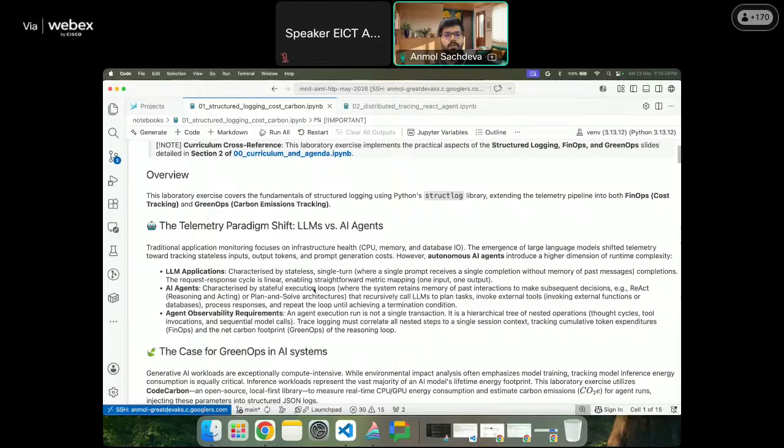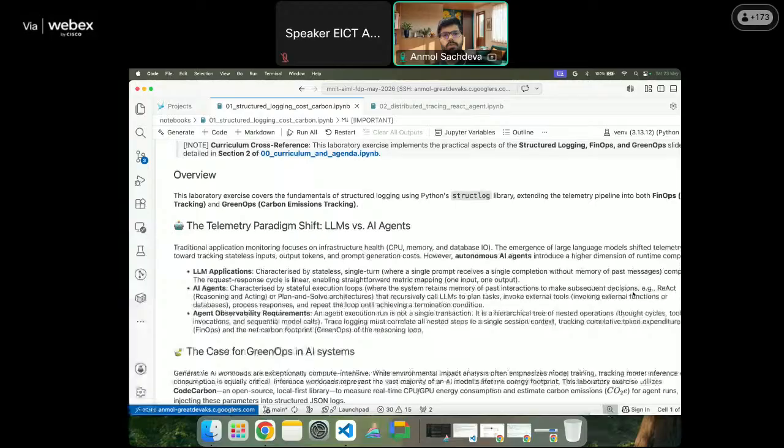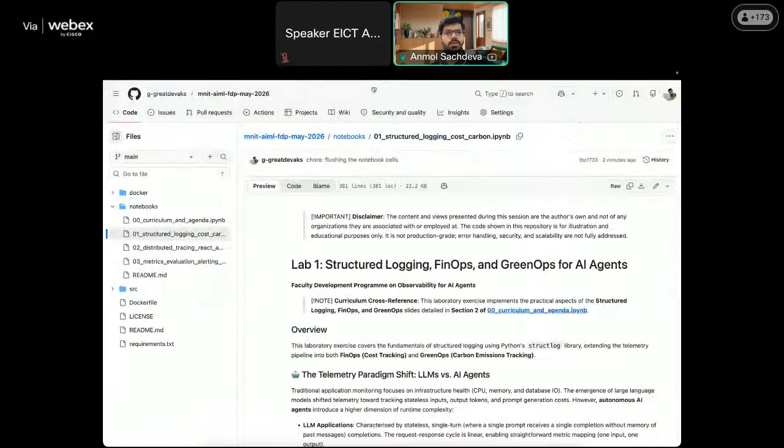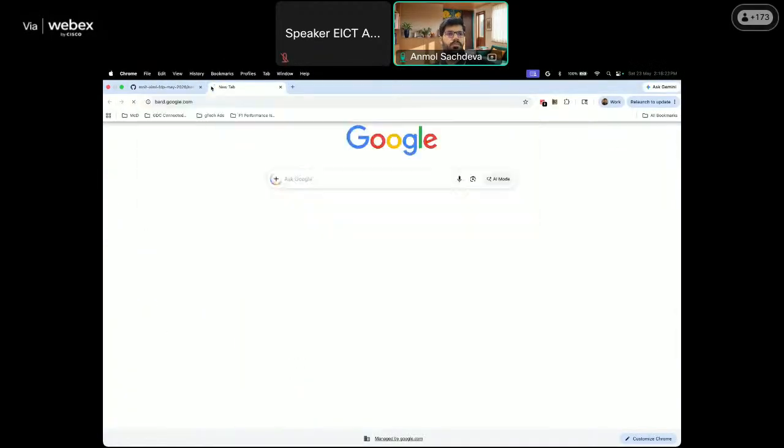And these particular stateful execution loops help us do things like plan and solve, or reason and act. So you would have heard the term ReAct probably in this series already from some other lecture, but this is more about you typing something on a prompt interface, and then the prompt interface going ahead and trying to think about what this could be. So I'll just give you an example. We'll open a kind of